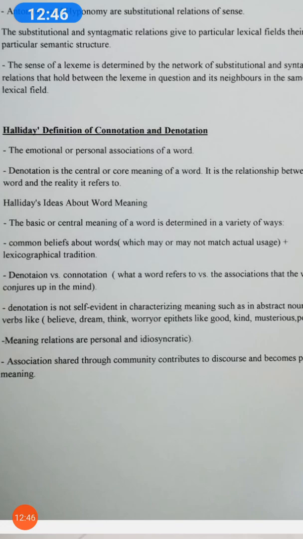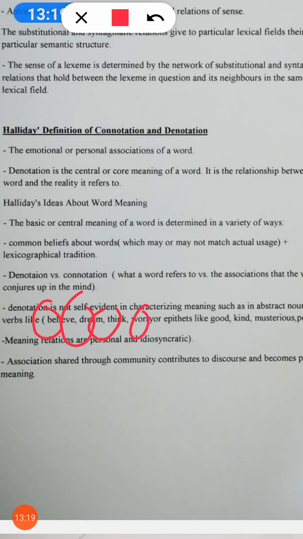Denotation for him is what is not self-evident in characterizing meaning, such as sometimes in abstract nouns. It is not self-evident and it is not conclusive. It is just argumentative, especially in certain types of abstract nouns or in verbs, like for instance believe, dream, think, or even worry, or sometimes with epithets, like some adjectives such as good, kind, mysterious. So for Halliday, the reference or the denotation of the word